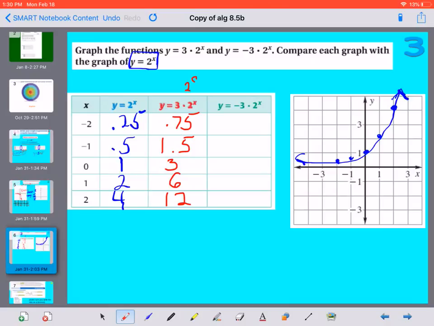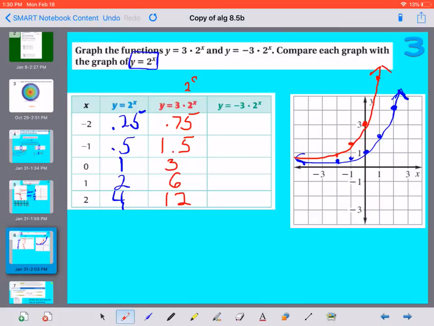So if we were to graph this one at 0, we start at 3. At 1, we have 6. That gets us off our graph. It's about there. And at 2, we can definitely not fit that on our graph. But at -1, we're at 1.5. And at -2, we're at 0.75. So if we were to connect those,